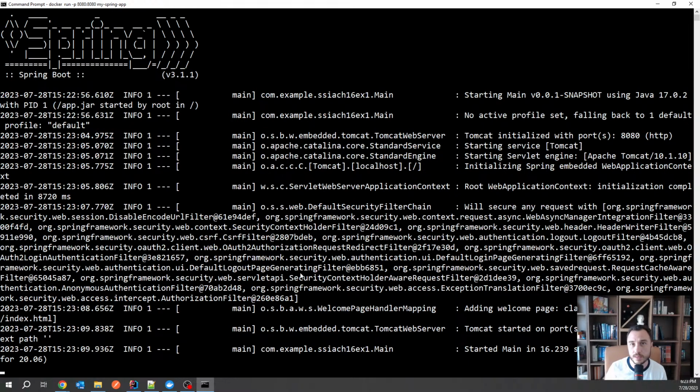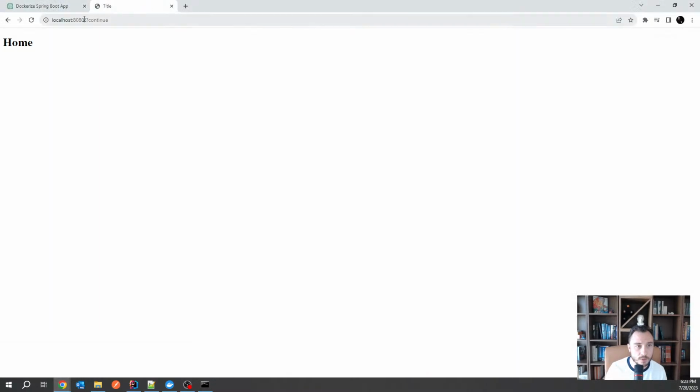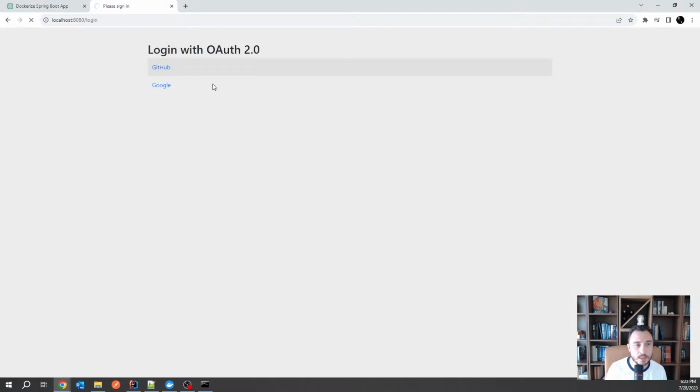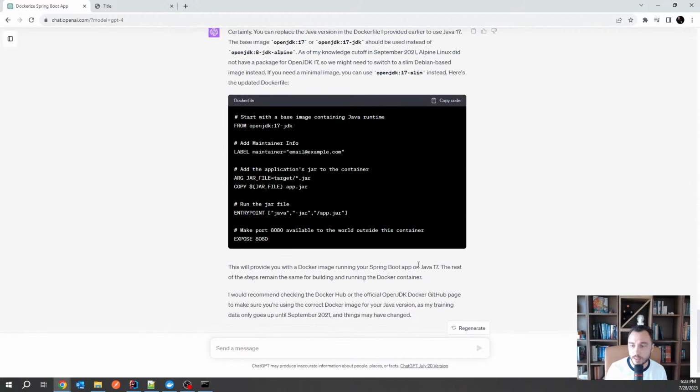So my first containerized application looks to be working fine. I'm gonna verify it here. So I'm gonna run it again, and I can see that indeed it's working as intended. So I can run it and I can log in the browser, and that's it. Okay, but I do have some concerns. And one of them is that I